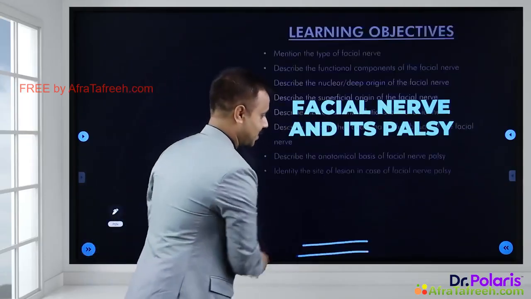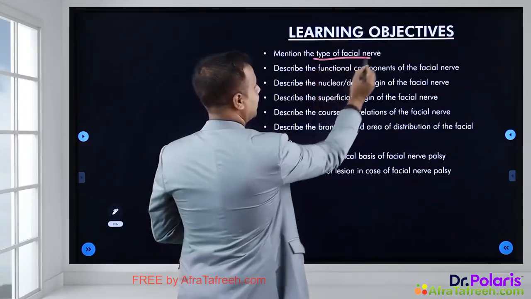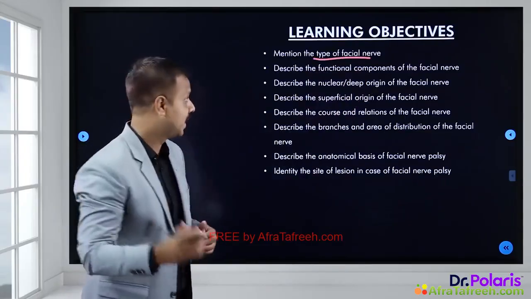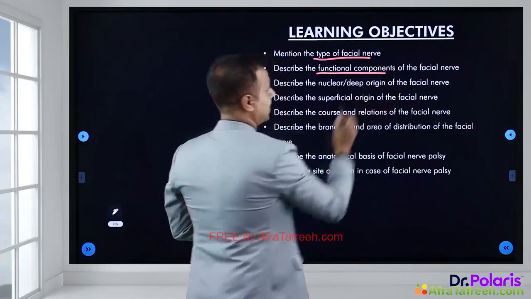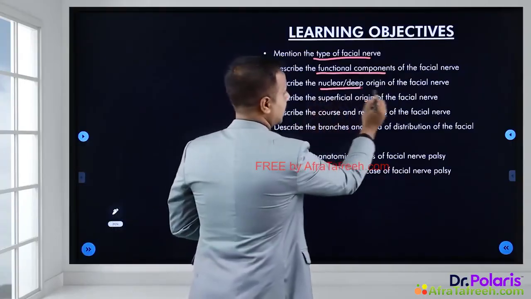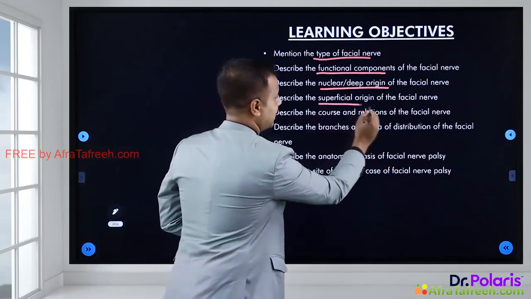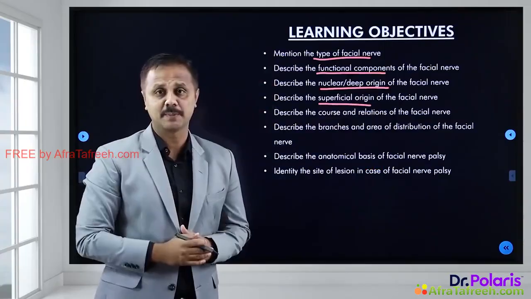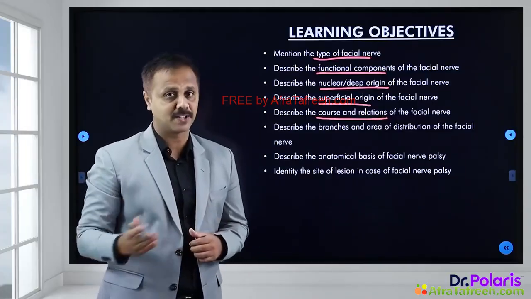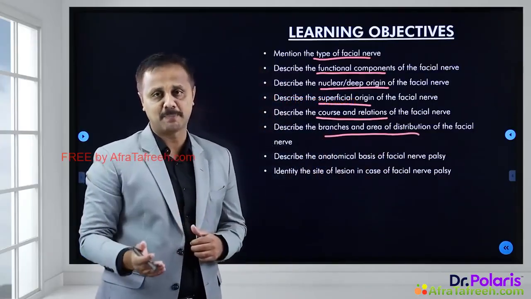The learning objectives of this session are, by the end of this session, you should be able to describe the type of facial nerve, whether it is a sensory nerve, a motor nerve, or a mixed cranial nerve. Then, you should be able to describe the functional components of the facial nerve, what are the fibers present in it. What about the nuclear origin of the facial nerve? What are the nuclei associated with facial nerve? Then, the superficial origin or attachment of the facial nerve to the brainstem, the course and relations of the facial nerve, intracranial as well as extracranial, then branches and area of distribution, where all it supplies,